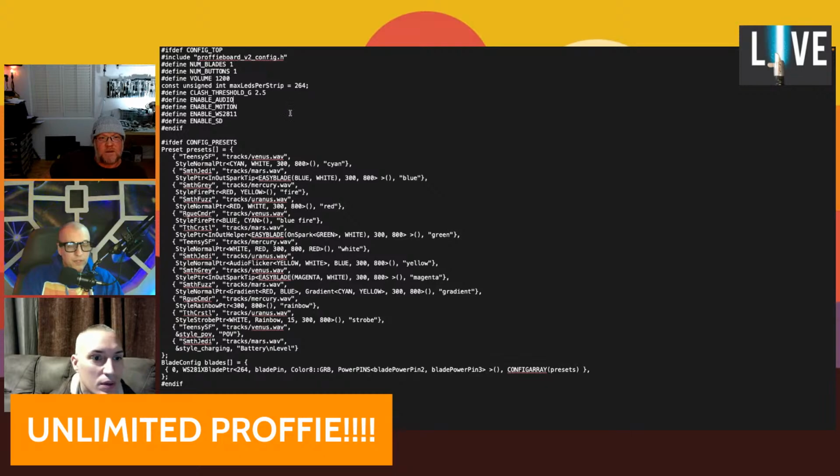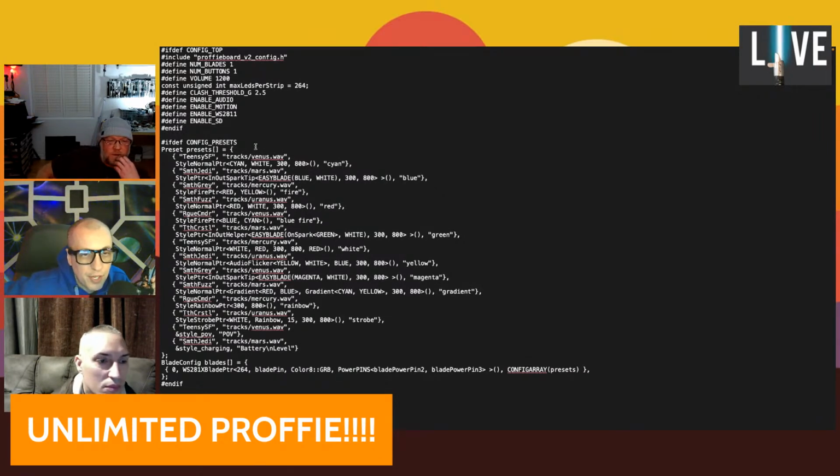Okay, yeah, so we're talking about this area right here, this bracket. So you see where it says there's apostrophes and it says teensy something. Yeah, right here. So within that, that's your first font. It's called teensy whatever. So figure out what your first font is right now and type in between those apostrophes the name